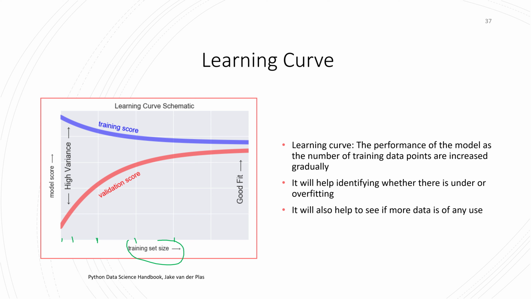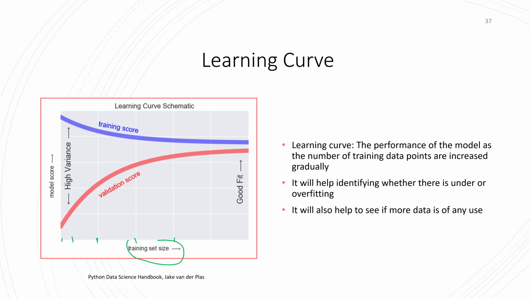So you see, in general, the training score will start to go lower, because when you have only a few points, it will basically just overfit to those training points. And when you have more and more points, it will start to act more normal and it will decrease a bit. The validation score will increase because at the very beginning,